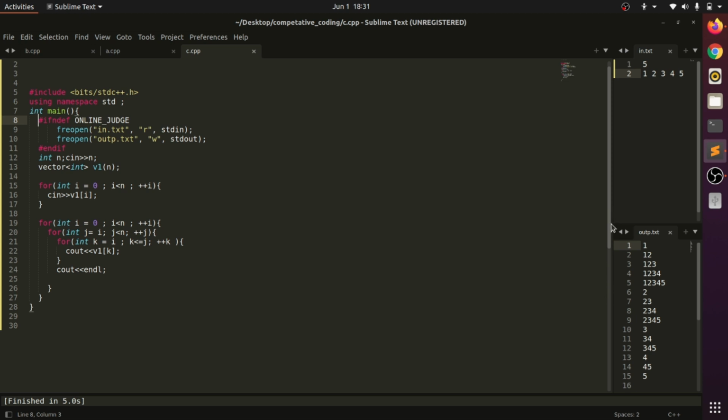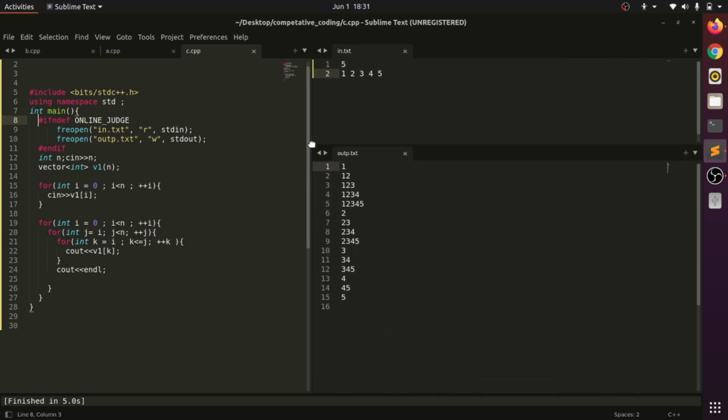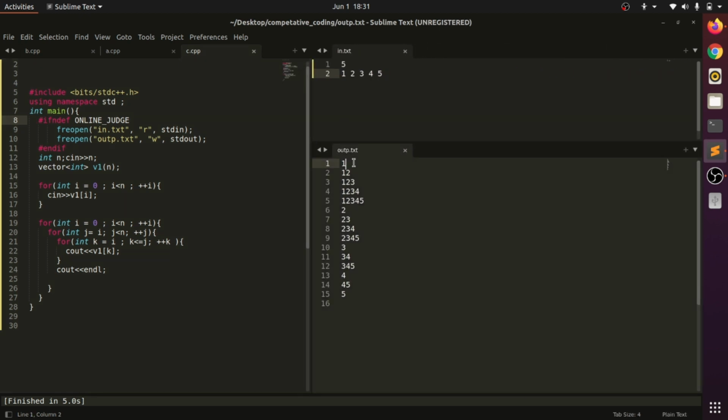Let's maximize this. Our first subarray is 1, second is 1 2, third is 1 2 3. See, they are continuous, and they are non-repeating. None of the elements is repeating, and they are in a continuous line. Firstly 1 is there, then 2, then 3. There is no skipped element.